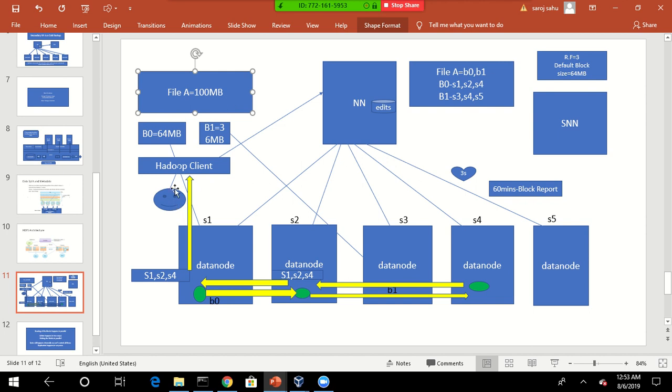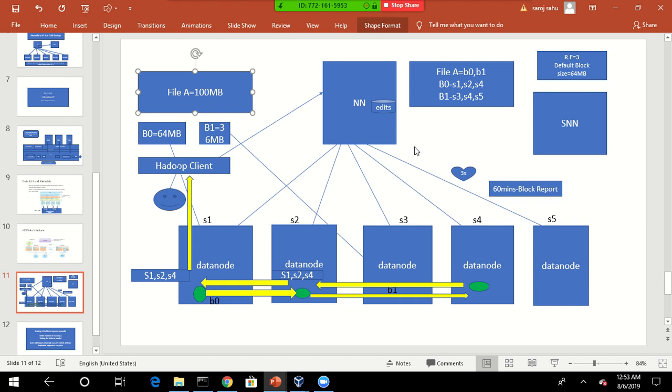This is my client, the Hadoop client. This is one machine, and in this machine I have installed the Hadoop software. This is the client machine, because the users cannot directly interact with the name node, data node, all those things, because I am the administrator. Other users who want to use the cluster can have permission only up to the client. From the client they can upload data, download data, and do read and write operations,